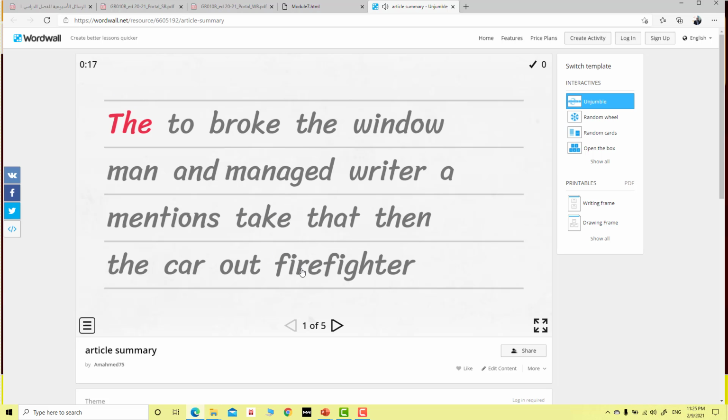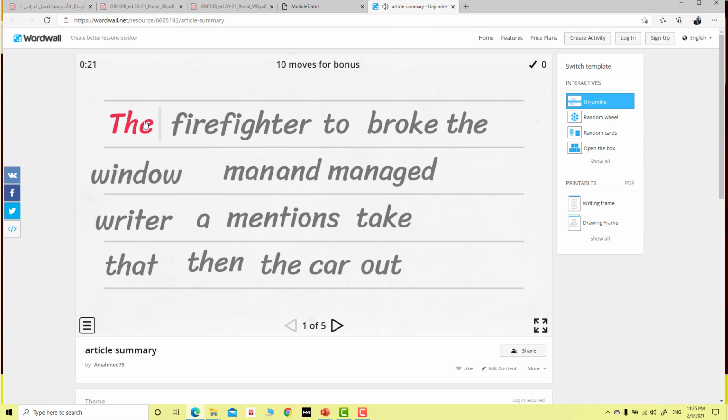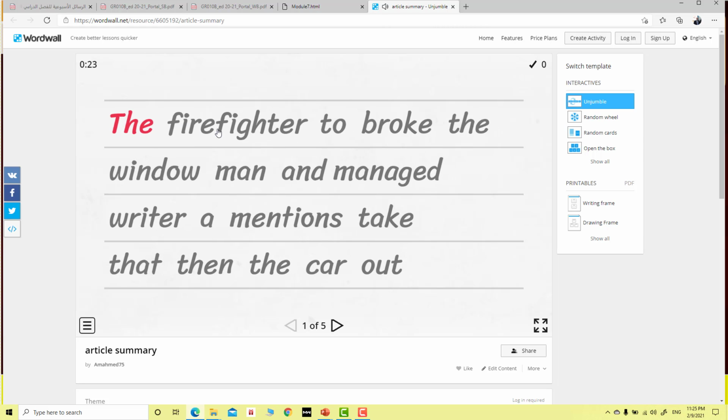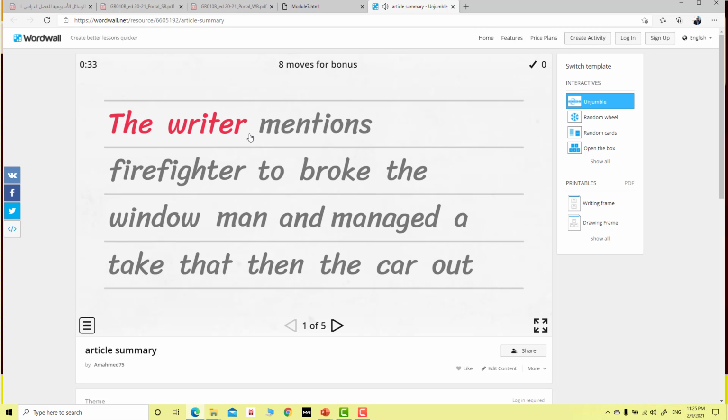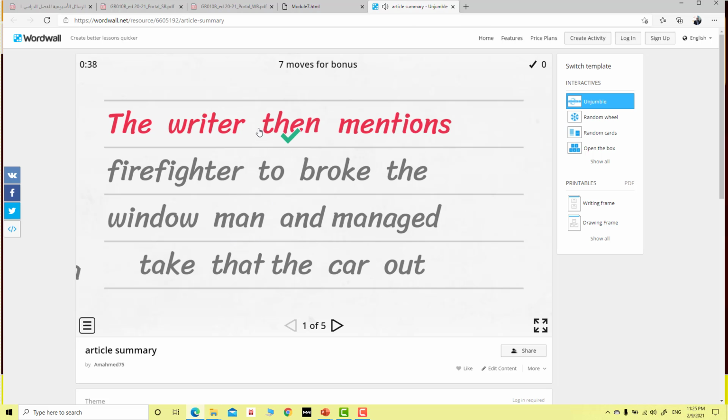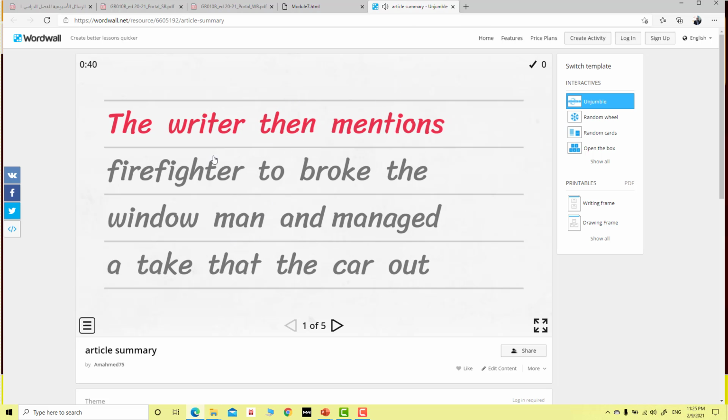The firefighter. No. The writer, maybe. Yes, the writer mentions. The writer then mentions, maybe, not mentions. Yes, the writer then mentions that